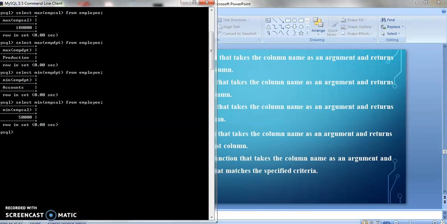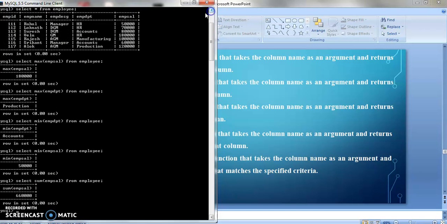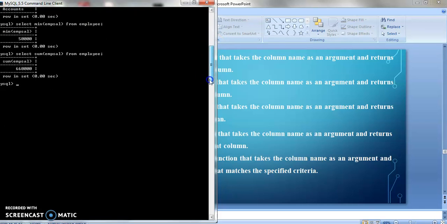So again, we will write select sum, and then you can see the sum of all the values of employee salary is coming as 6,60,000. If you add all these values, it will come to 6,60,000. So that's the way the sum function works.